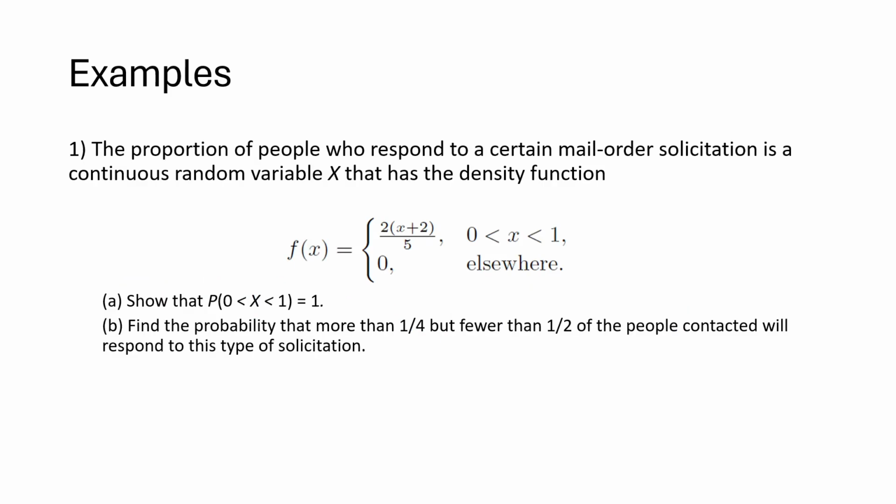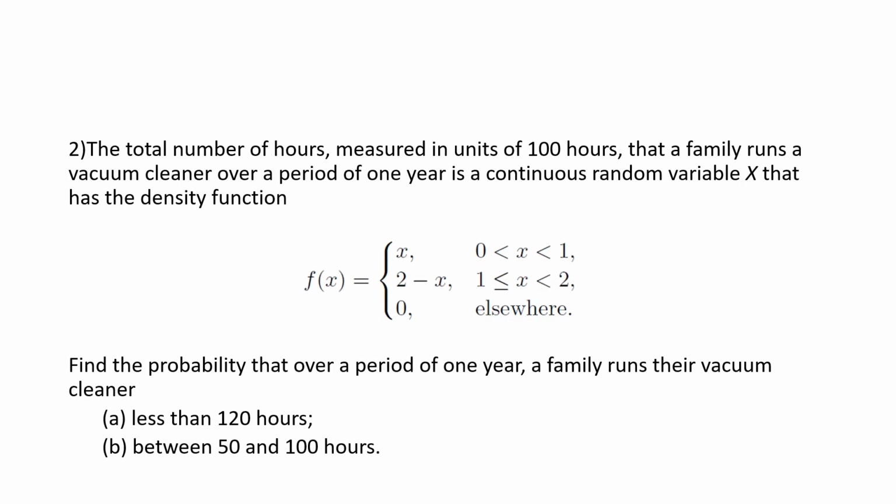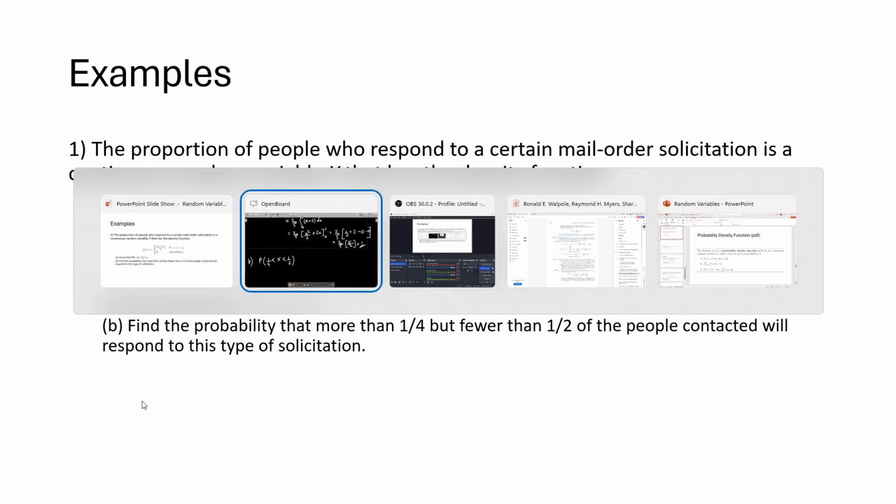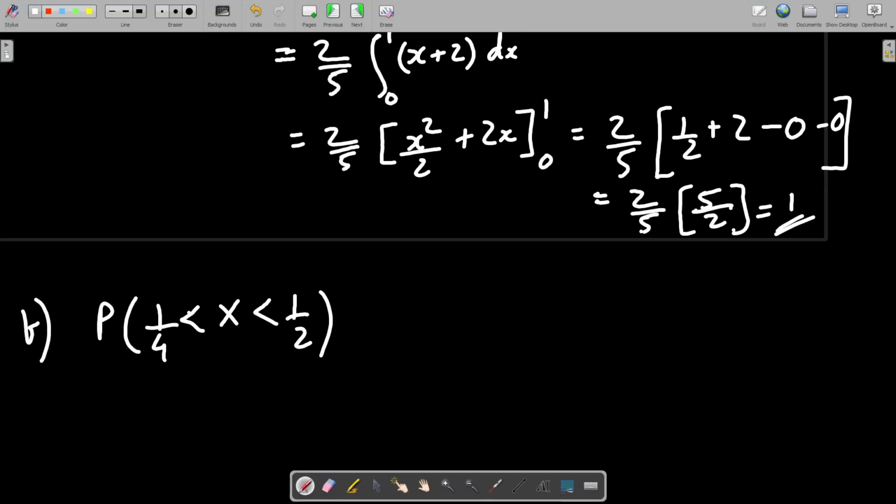Find the probability that more than 1/4 but less than 1/2 of the people contacted will respond to this solicitation. So they are basically looking for x lying between 1/4 and half. Clear? So now do this. This will become integration from 1/4 to